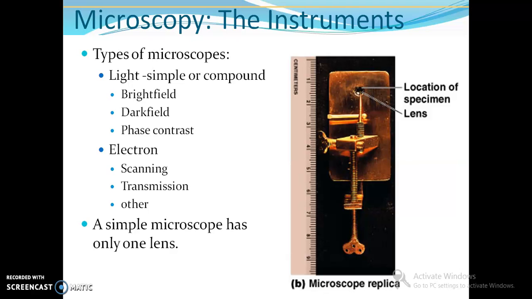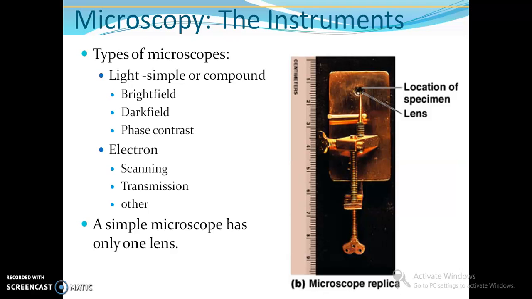Now, as we already discussed, there are different types of microscope we can have in the market. Some of them are the compound microscope, dark field microscope, bright field microscope, fluorescence microscope, phase contrast microscope. All these microscopes have specific advantages over one another. That's why we commonly use the microscope which is easy to handle and inexpensive.